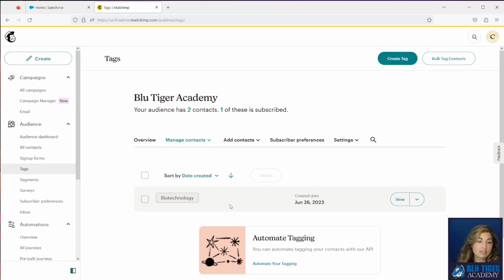So tagging contacts is going to make it really easy for you to find specific people again. So if you have a list that you've imported, you'll want to tag those in a specific way so that if you ever need to reference those lists of people again, you'll be able to do that really easily via